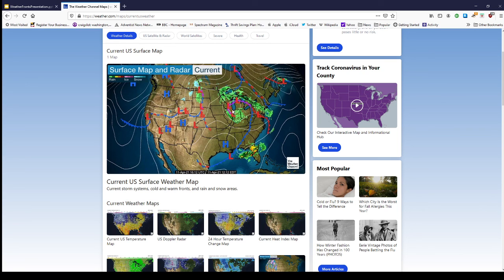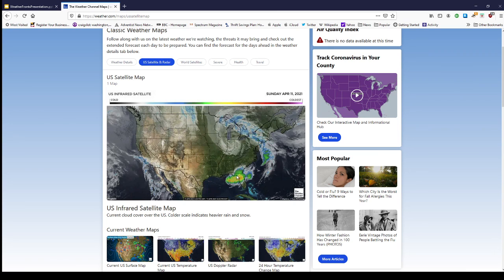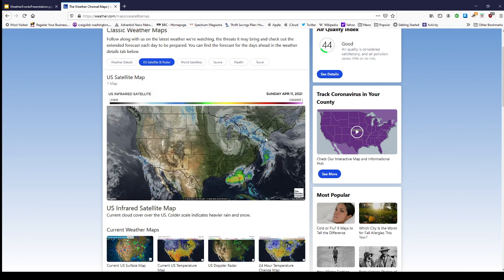So this is your current map, and on the satellite and radar, when we switch here, you can see that this is how it presents itself. Down here we have that cold front here. You can see the clouds associated with it and the cold air leading. You can see the clouds in the southwest, in the southeast, associated with the occluded or warm front, stationary front type of deal. And you can see the high pressure here. See how there's no clouds here in the middle of the country because high pressure is dominating. High pressure, that sinking air allows for no clouds and no showers to be present underneath.